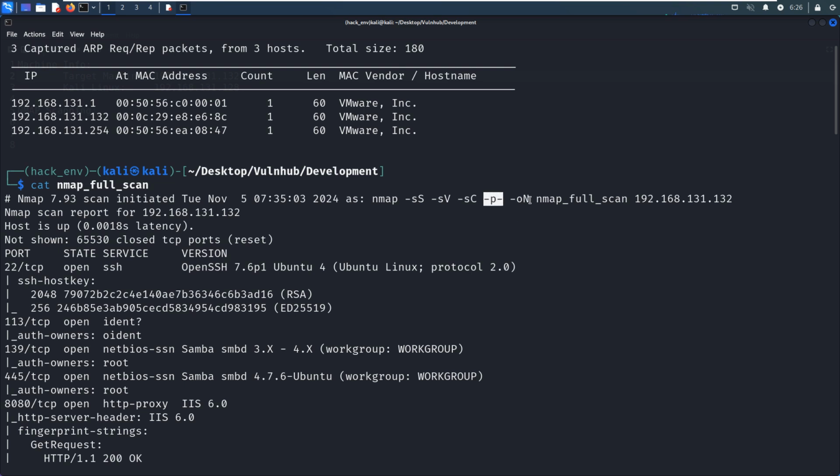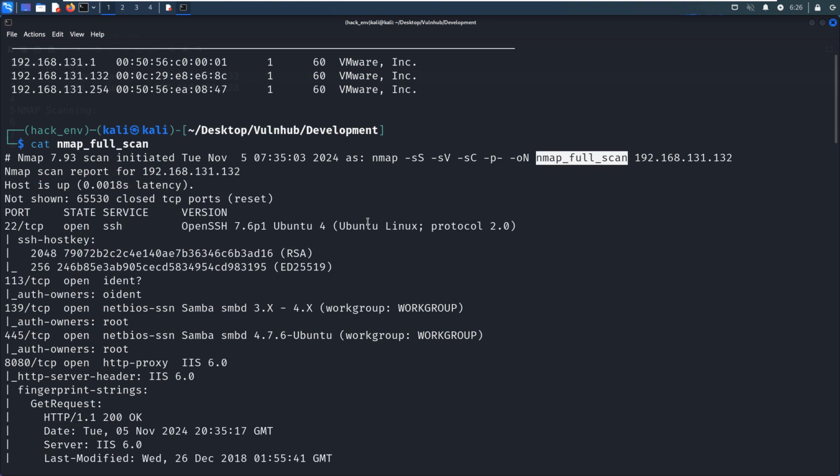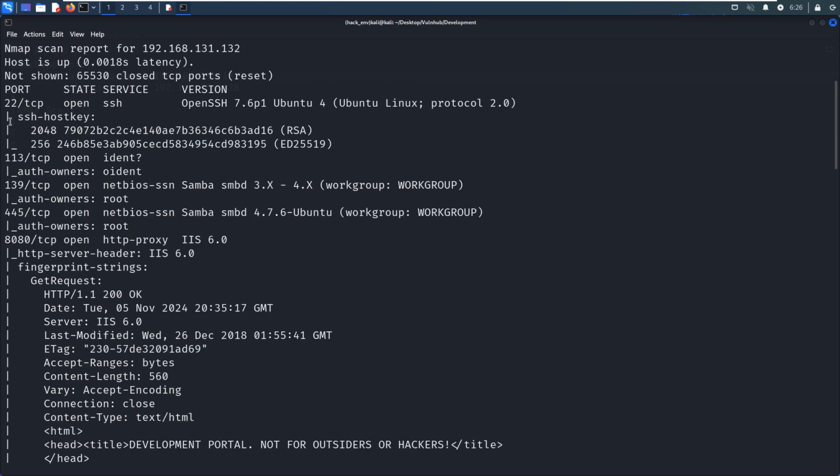The last option is -oN to output the result into this file. So from the Nmap scanning results, we can tell that the target has 1, 2, 3, 4, 5 open port numbers in total. Let's take a look at them one by one.